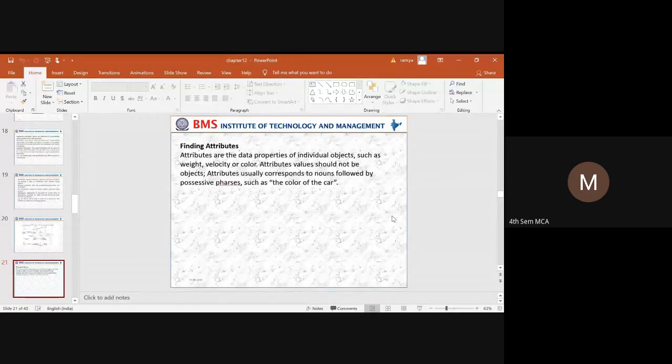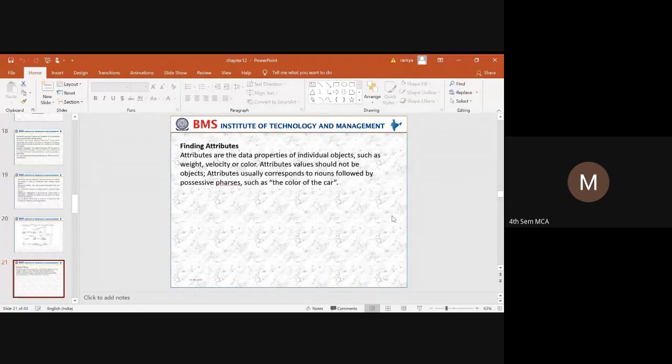Yes, next thing is we need to find the attributes. How do we find the attributes? We have listed all the names of our classes. We have created a static structure. We have entered all the models. Next thing is how do we add the attributes for each and every class. Whatever attributes we are trying to add with respect to the class model, we have already declared a class as a noun. So it should be like a possessive phrase of a class.